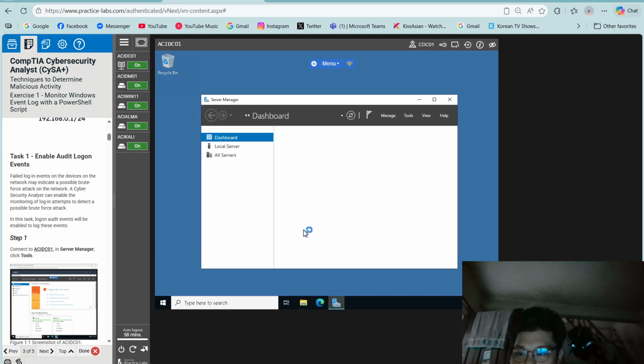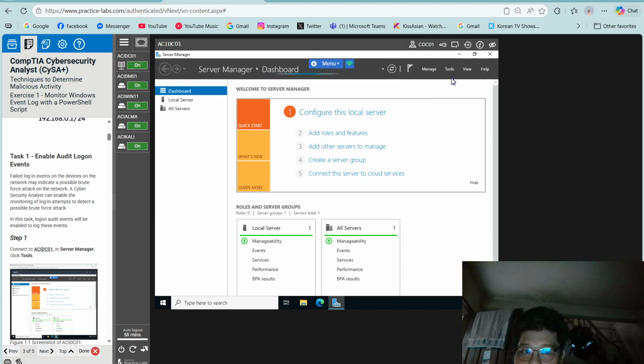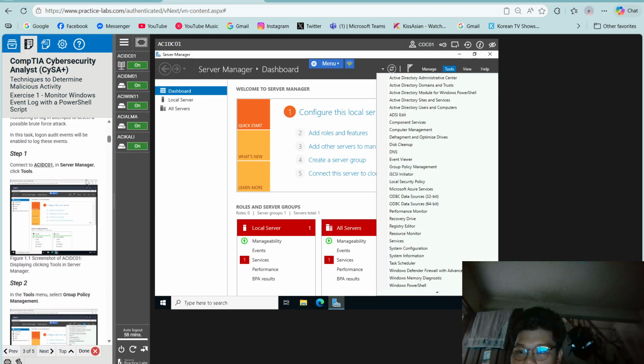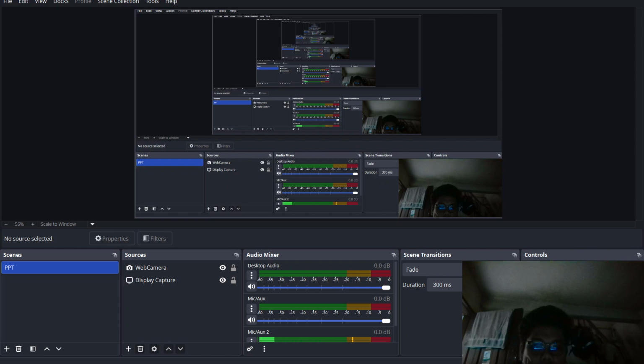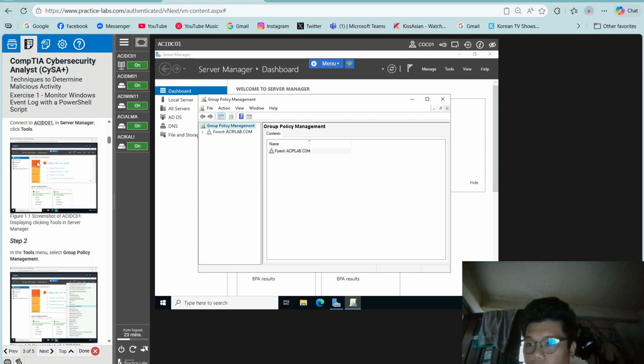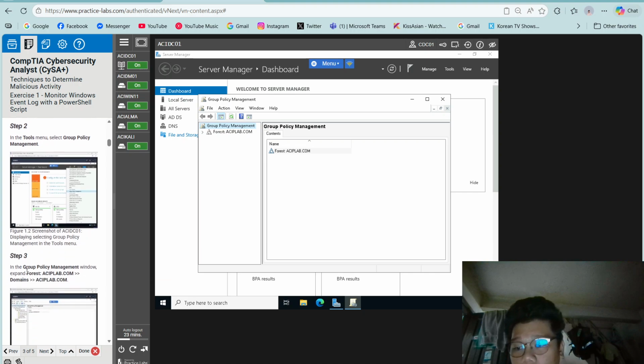In Server Manager, click Tools. So step 1, connect to ACI DC01 in Server Manager. Click Tools. In step 2, in the Tools menu, select Group Policy Management.